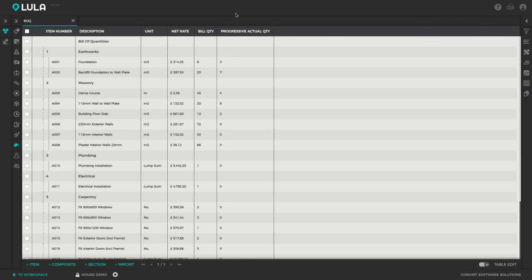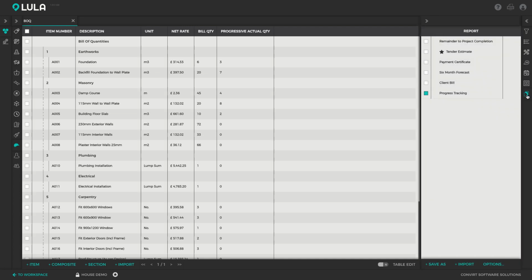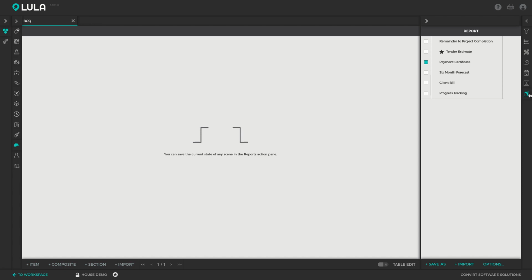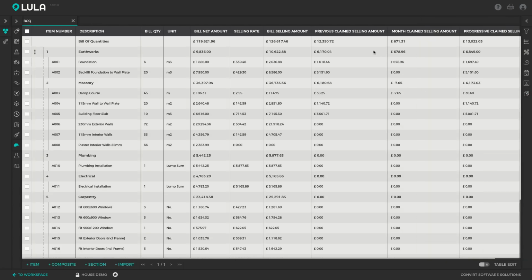And in this progress tracking, I've created one column for myself called my actual progress. And here my site agent can fill in day to day how much of a bill item has been processed. So this is not only useful for reporting purposes, but it's also very useful when you need to produce your monthly payment certificates. So I've set up a payment certificate in Lula, which indicates how much the client has